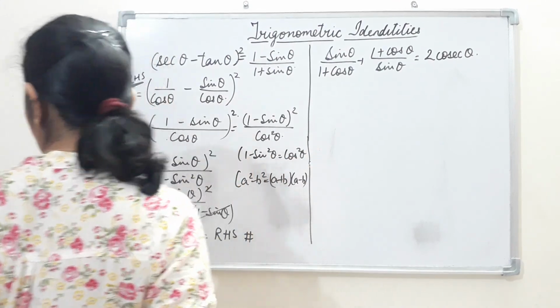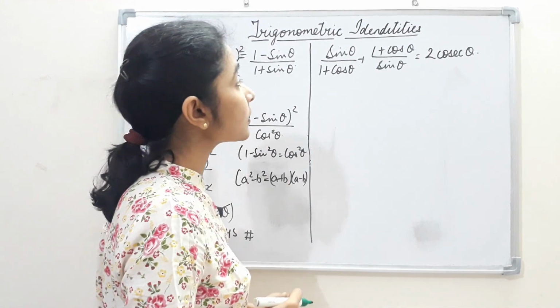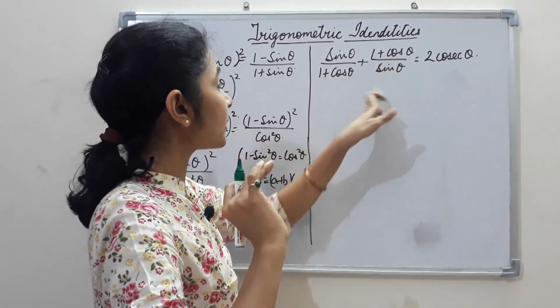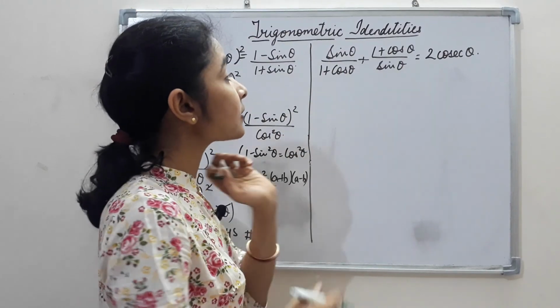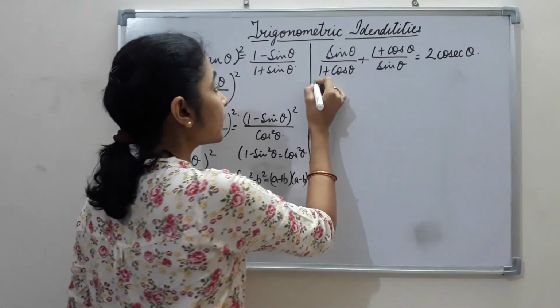Now just look at the next question, and there we have sin theta upon (1 plus cos theta) plus (1 plus cos theta) upon sin theta. So they are both the reciprocal of each other, and we are supposed to prove it equal to 2 cosec theta. Now here taking the LHS,